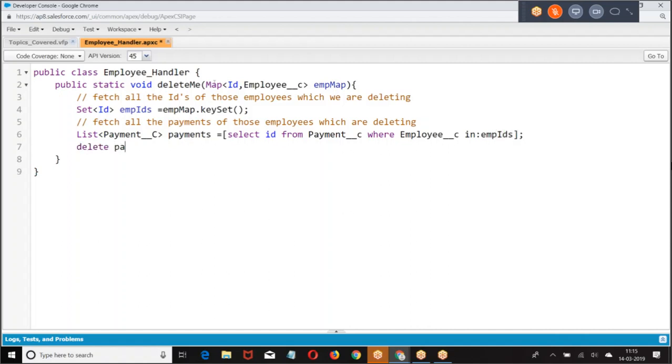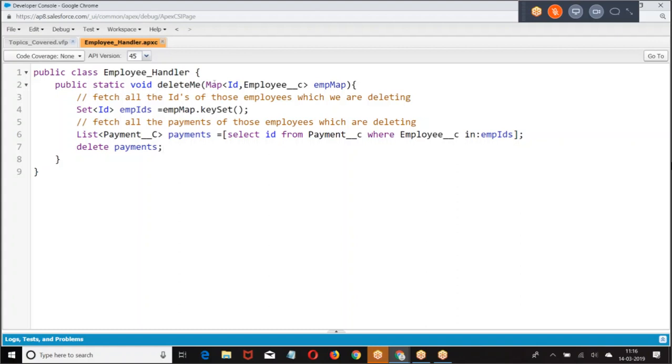And delete. What did I do? Fetch all the payments of those employees which we are trying to delete. First, find out which employees we are trying to delete, and write a SQL query to fetch all the payments of those employees. Delete the payments first. Once you delete the payments, there will be no child. When there is no child, we can delete the parent.